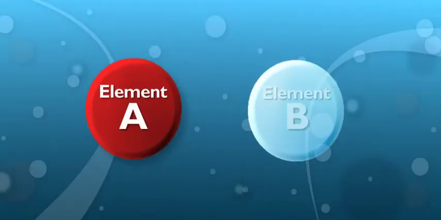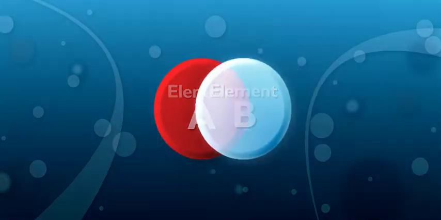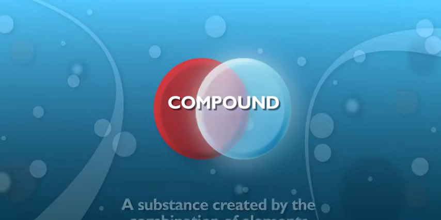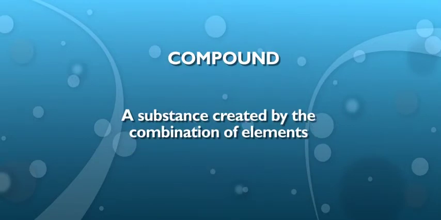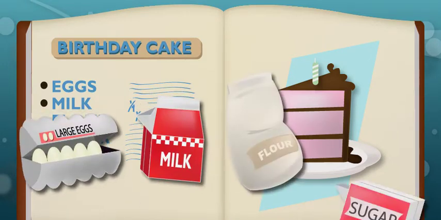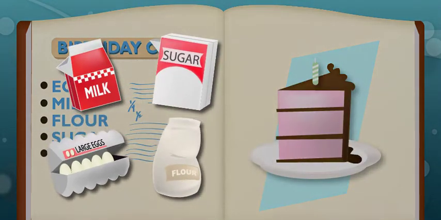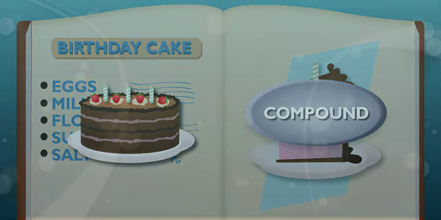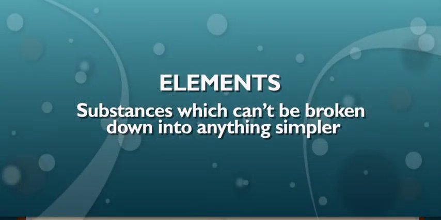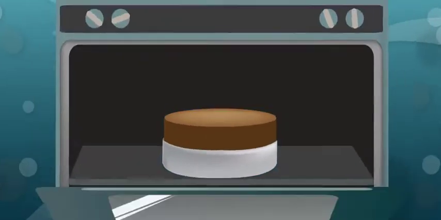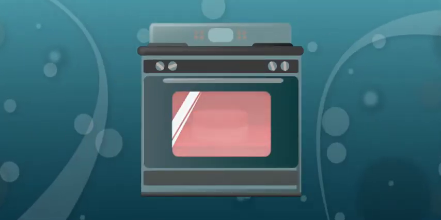It's true. When two or more elements are combined and a chemical reaction occurs, a brand new substance is created. That brand new substance is called a compound. It's sort of like this cake. Mia, this cake is a yummy and delicious treat made of eggs, milk, flour, sugar. Yeah, and the ingredients we combine to make a cake are like the elements that make up a compound. Elements are substances that cannot be broken down into something simpler. When we combine the ingredients and bake the cake in the oven, a chemical reaction occurs to make a compound.